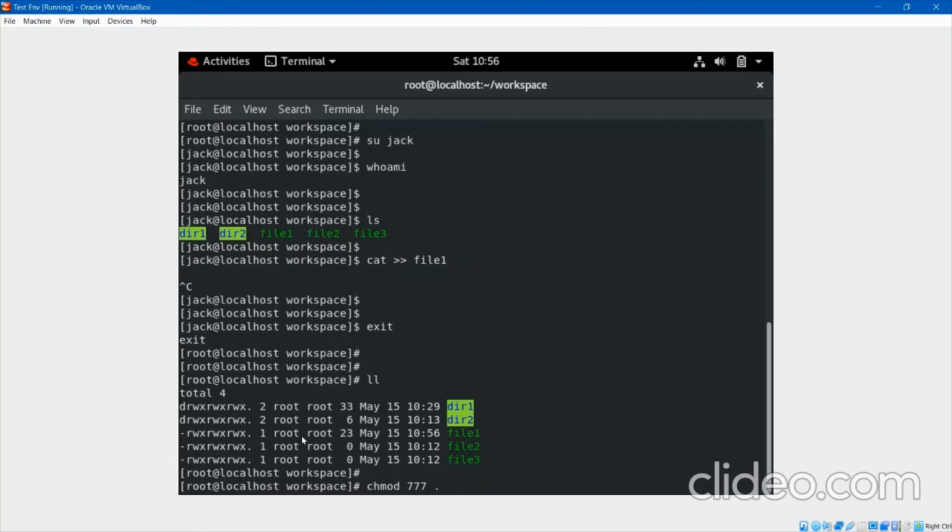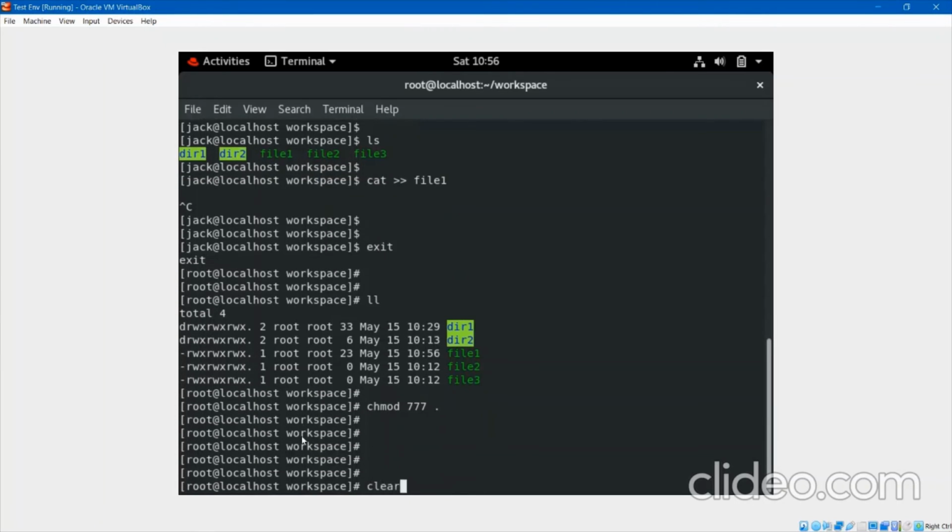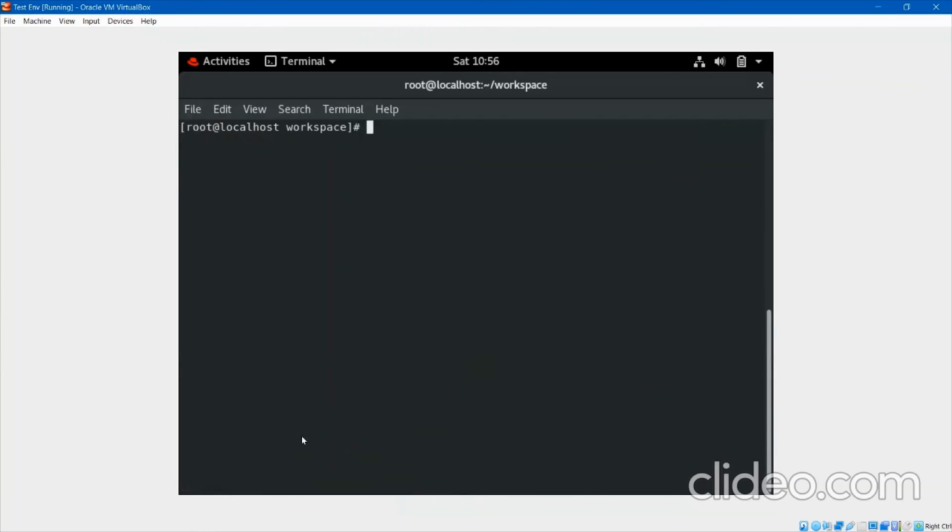Instead of star, I used the dot, and you saw one thing: if I am outside that workspace folder, I cannot go inside it. Why did this happen? Because this dot means present directory. Okay, so till now you know. Let me clear. This is one tip or trick you can say.